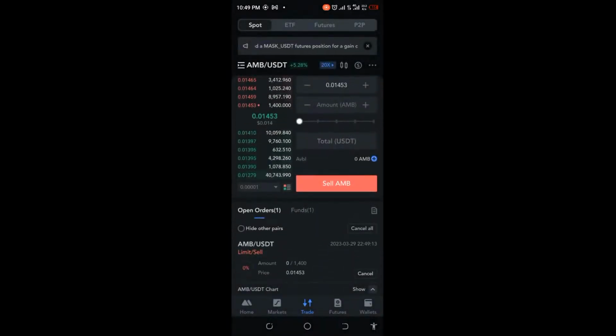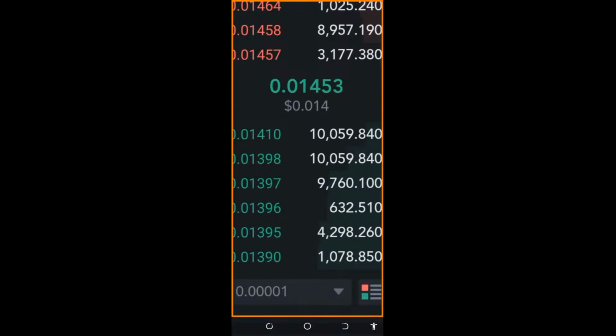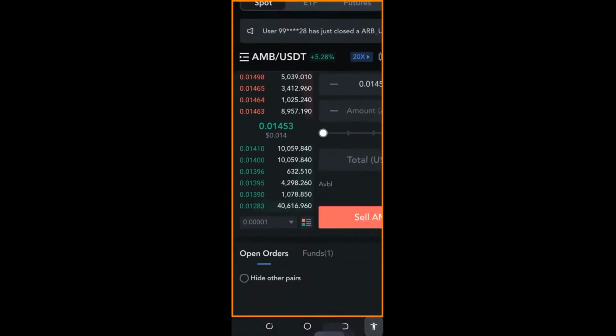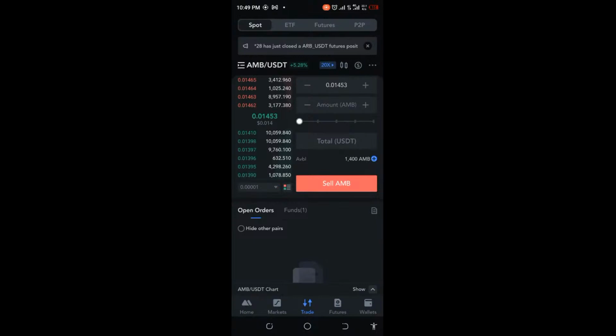All right, let's see whether we can get this sold quickly. Let me cancel that and see whether we can use our order book to sell. Okay, so now we need to check whether we can actually get that done. You can see here, what we want to do is sell, so that means we need to pick